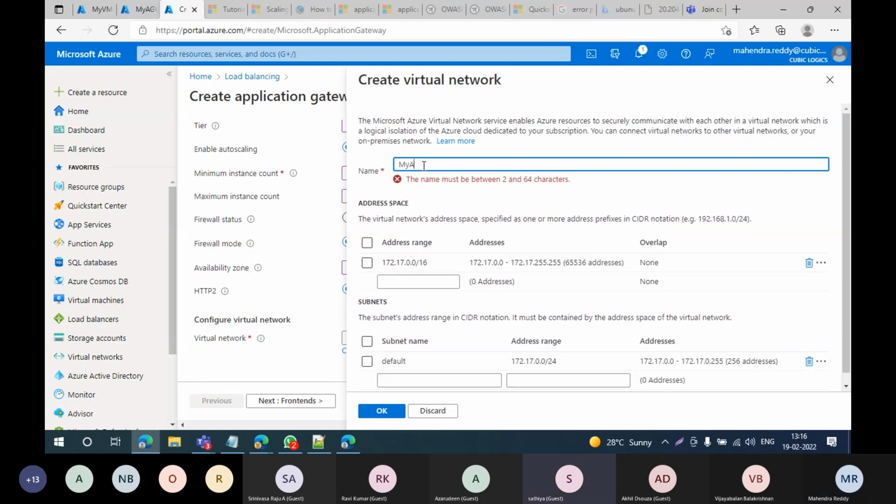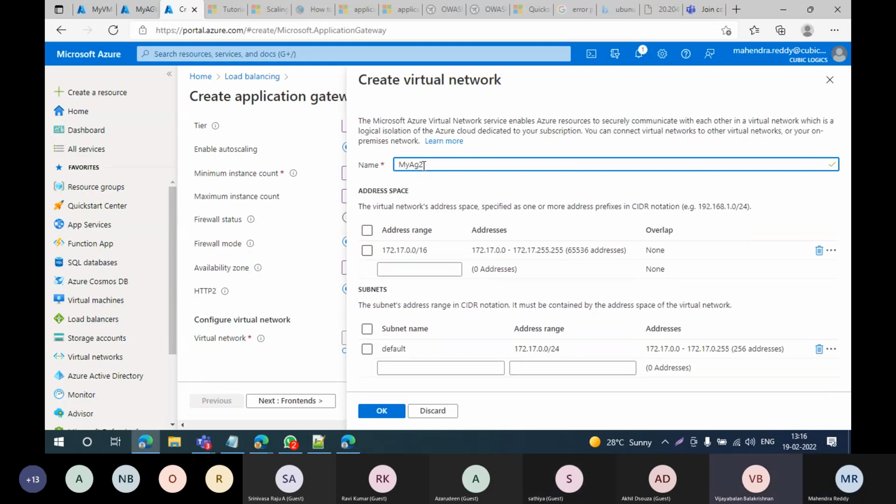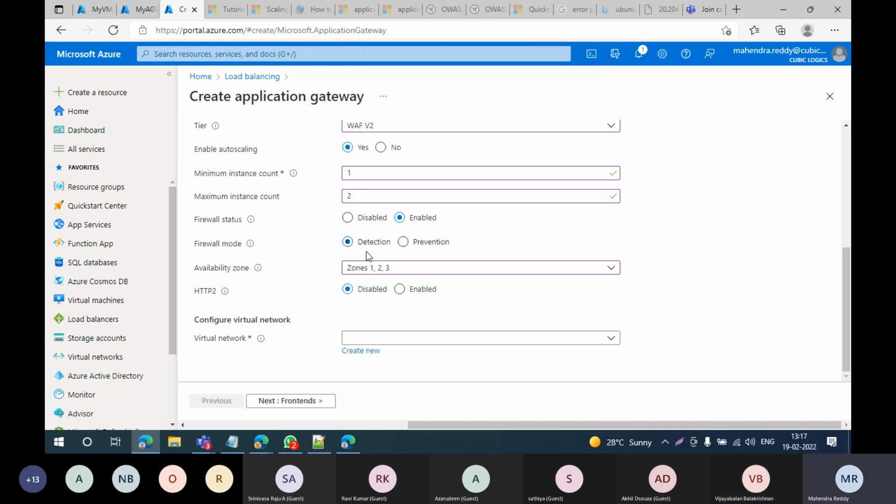What is the difference between prevention and detection? See, prevention means you have a lot of requirements to avoid a lot of spam. So prevention versus detection depends on what your actual end deliverable is. Mahendra, can you move the cursor to the firewall mode exclamation mark?